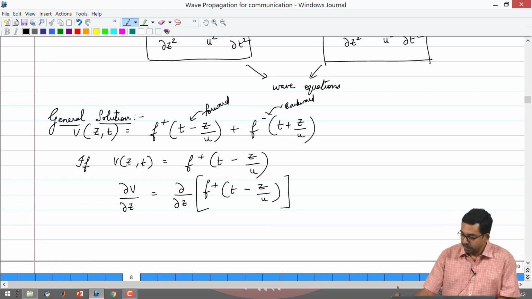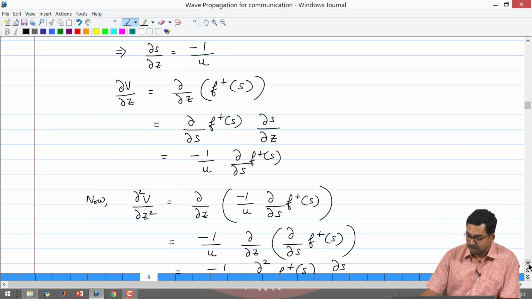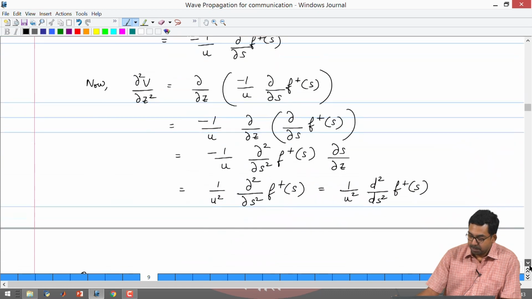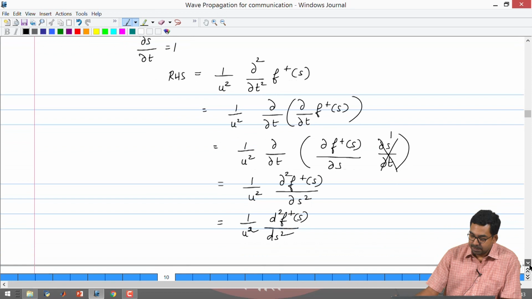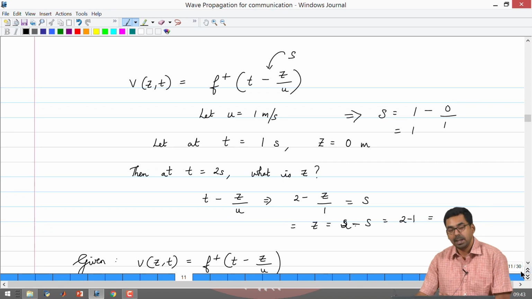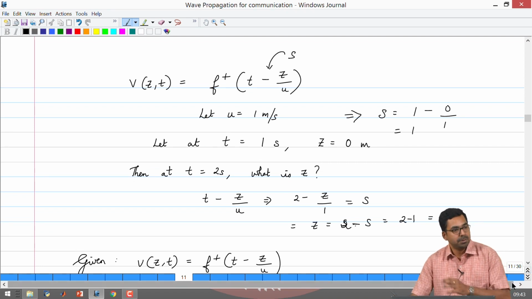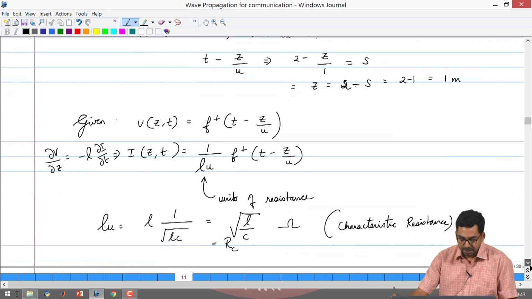Now, in order to prove that these general solutions are valid, one approach is to simply substitute them in the second order partial differential equation that we obtained, which is the wave equation, and by using a change of variables, you will be able to show that LHS is equal to RHS, and that means that it is in fact a valid solution. There is an example over here which we have seen to prove that actually z changes with respect to time and it is changing from source to load for a forward wave. The same thing can be done for a backward wave.